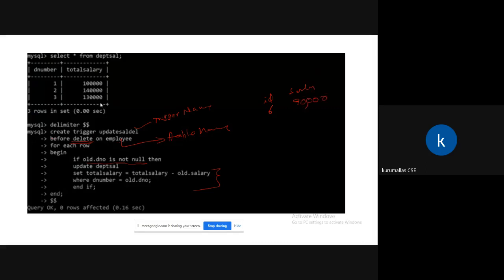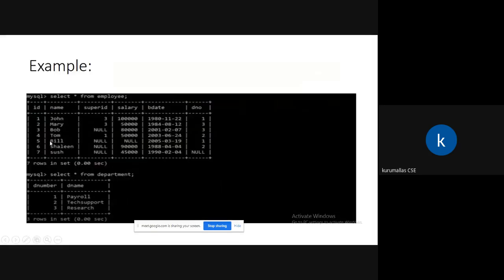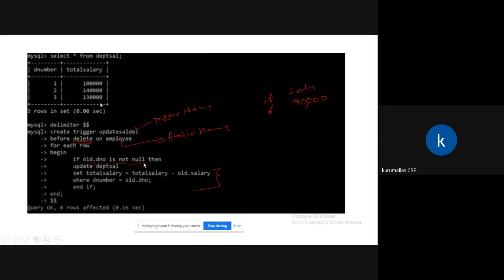See, here create trigger update before delete on employee for each row, if old.dnum is not null, then update salary.